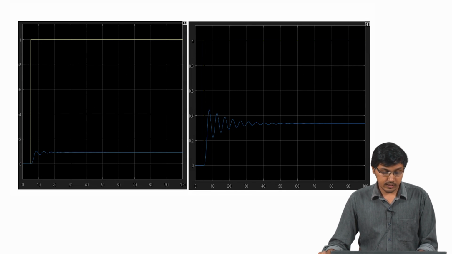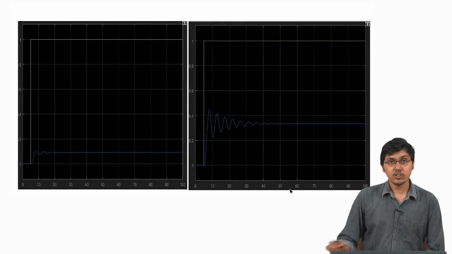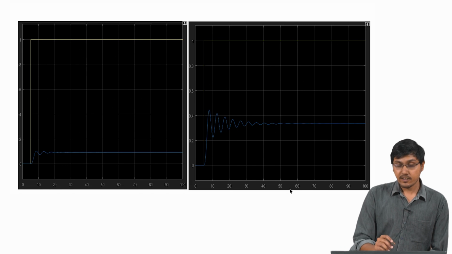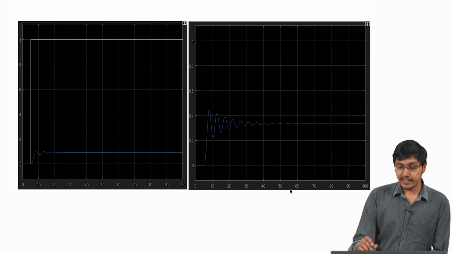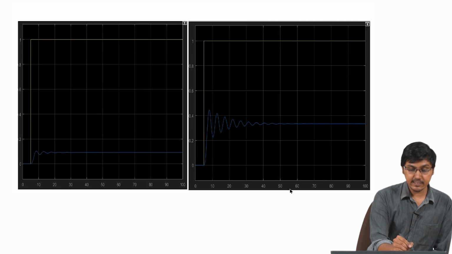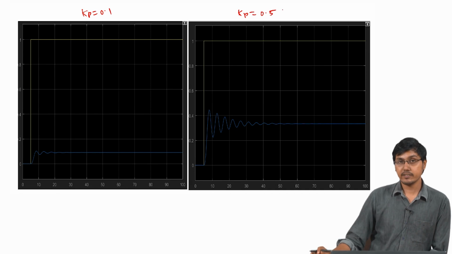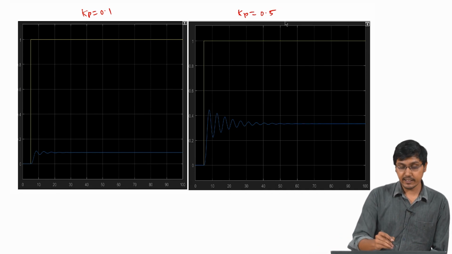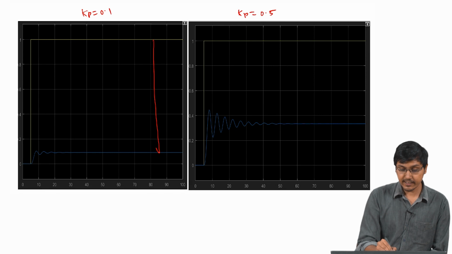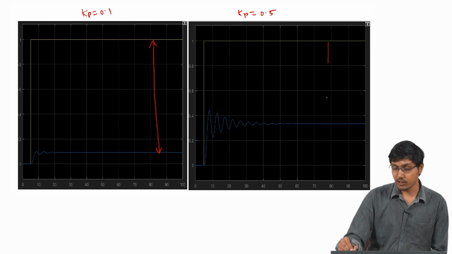Now we have both the values of Kp in this particular slide. This is what we simulated for Kp equal to 0.1, and this is what we simulated for Kp equal to 0.5. So, we will compare both. The first thing we can easily see is this is the offset here and this is the offset here.